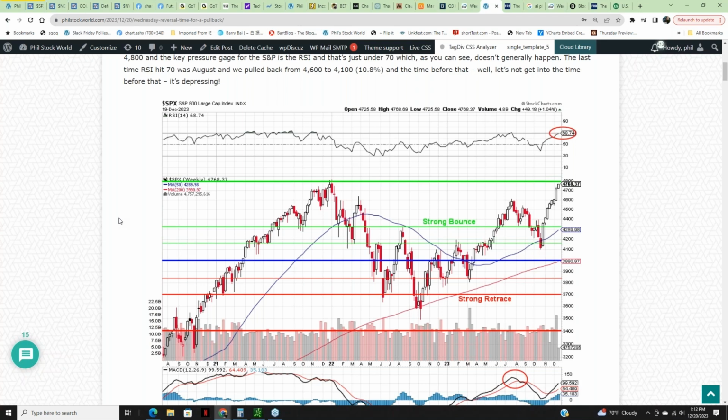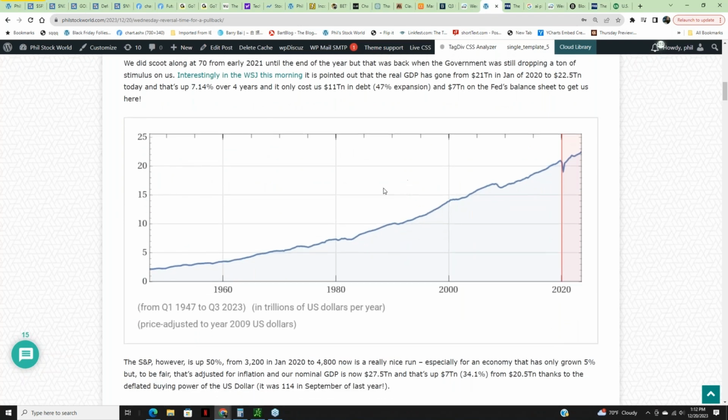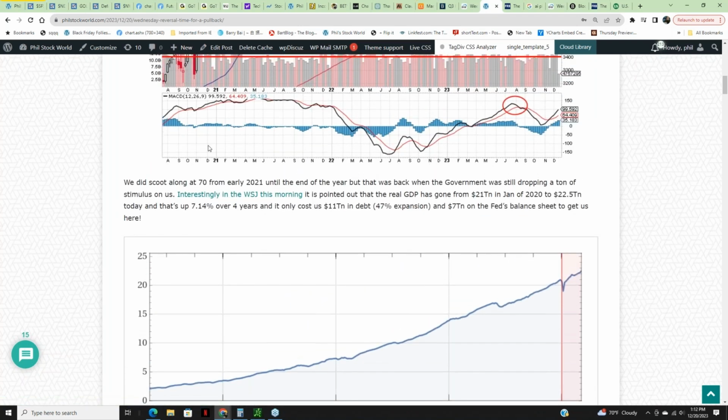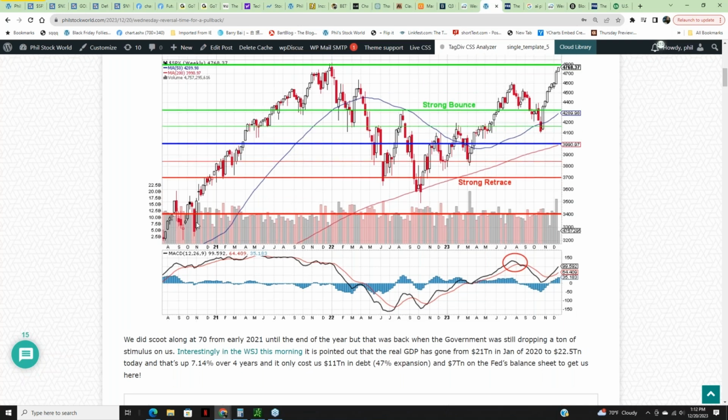And then we get into some of the bigger problems we have, which is obviously, how did we get here? How did this happen in the first place? This happened because since COVID began here, right? This is COVID beginning. Since COVID began, we put $11 trillion